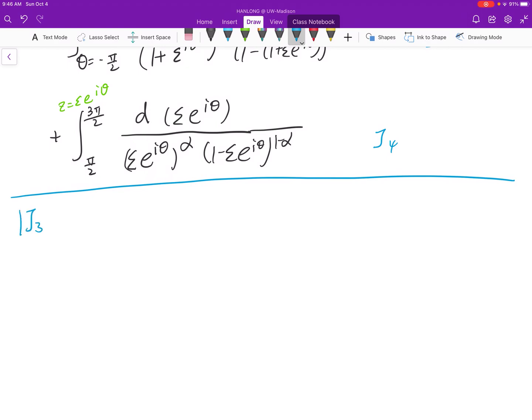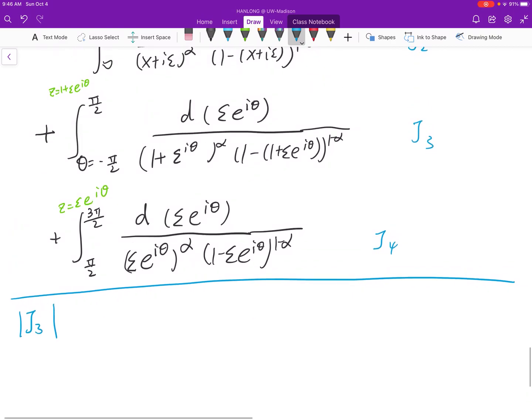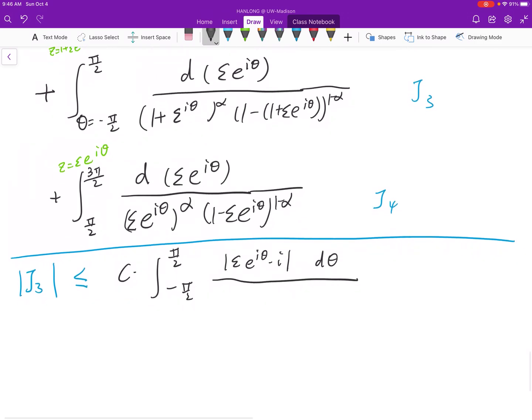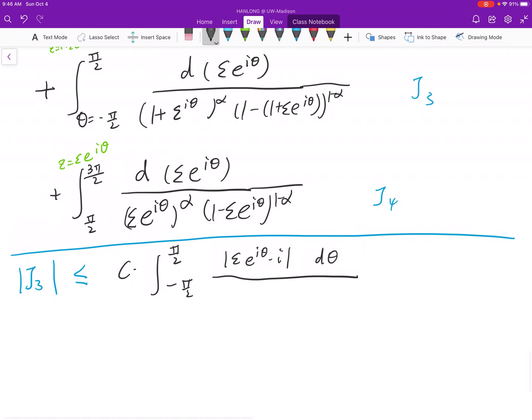So first, the norm of J3 is bounded by some constant times the integral from negative pi over 2 to pi over 2, and inside you have epsilon exponential i theta times i, absolute value d theta, divided by, when epsilon is small enough, the first term is bounded by 1/2,